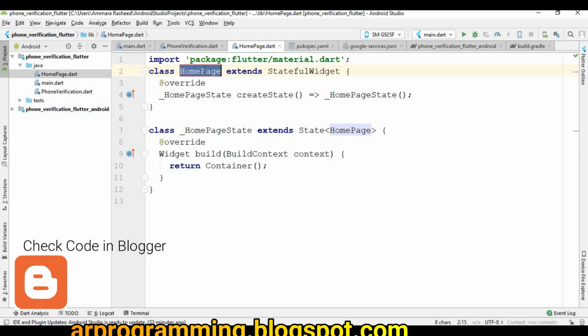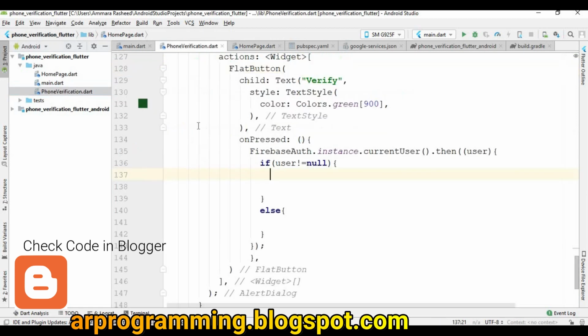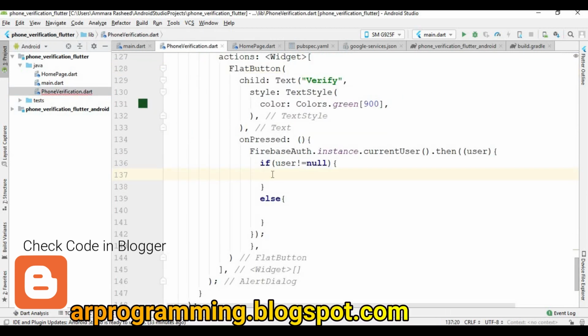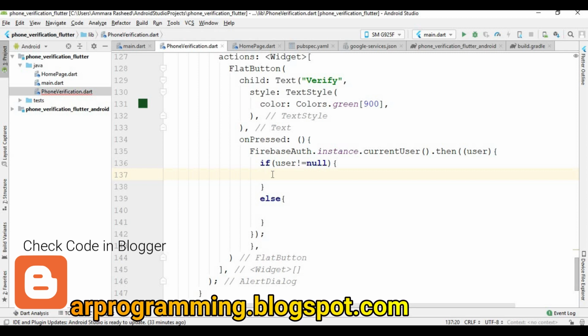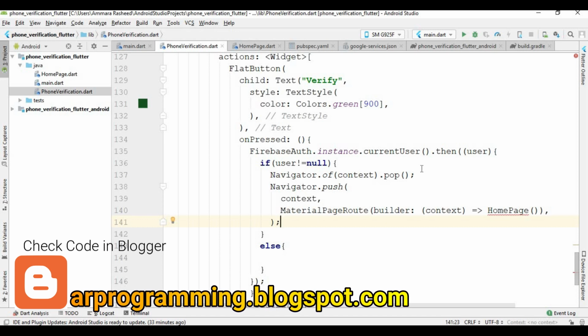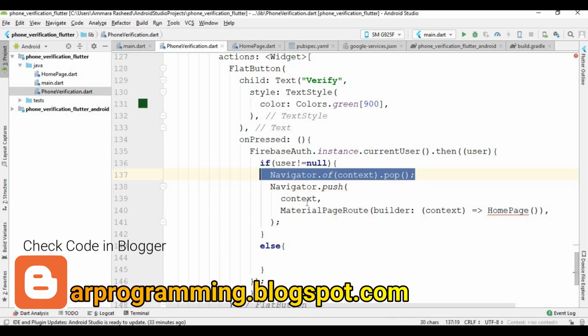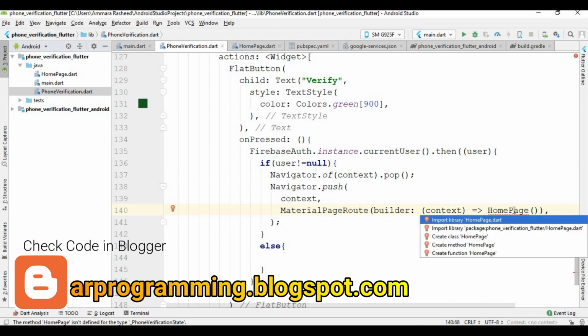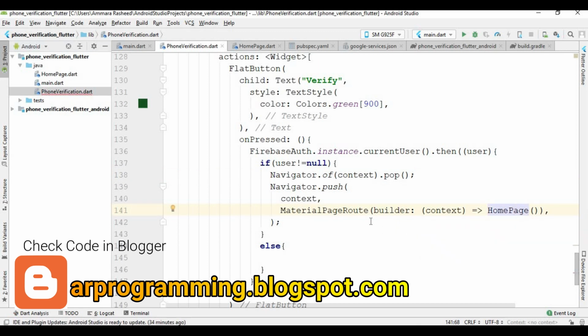And copy this HomePage and I write code here. First code is for the dismissal of the dialog box. So first I dismiss the pop-up, and after that I move the user to the home page. So click Alt+Enter to import this home page,